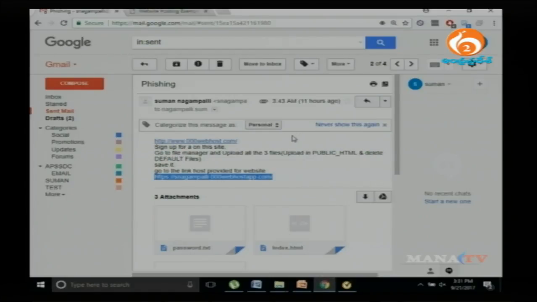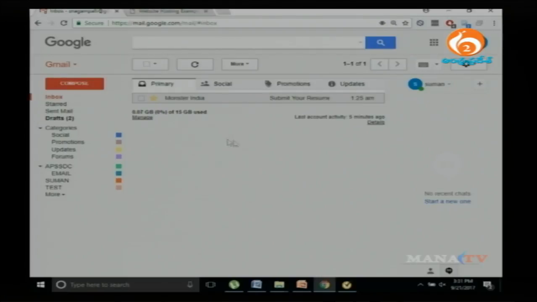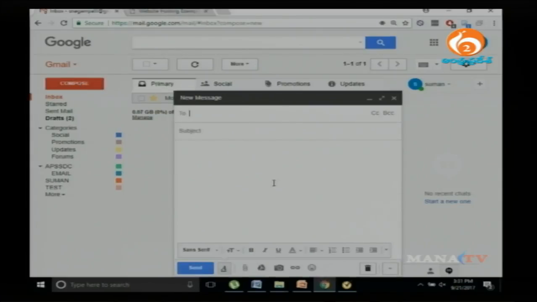So this is my main window. You can see it here. This is the main window after logging into my Gmail account. Now I am going to compose one mail. Once I click on the compose button, I will get this compose box. So you can mention the email address here, the To address, you can see this, and if you want to add some